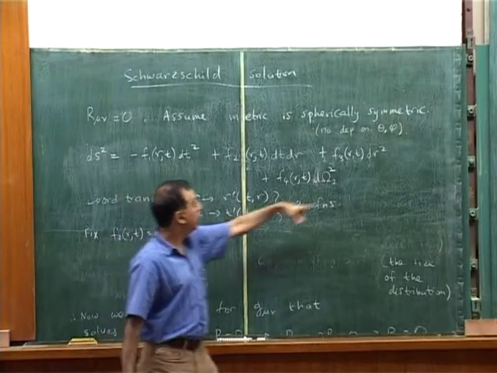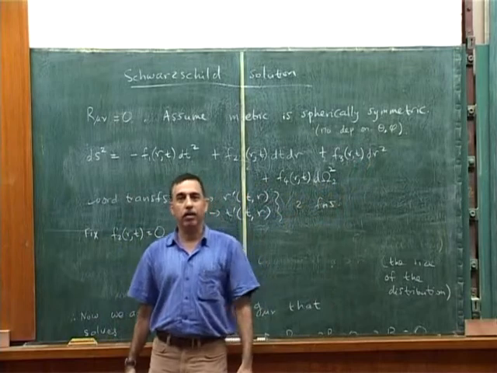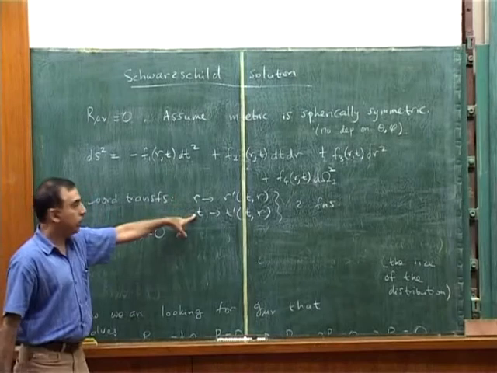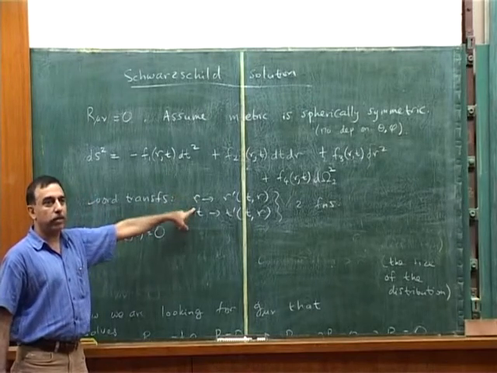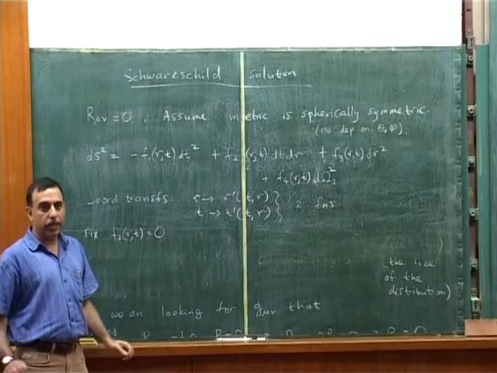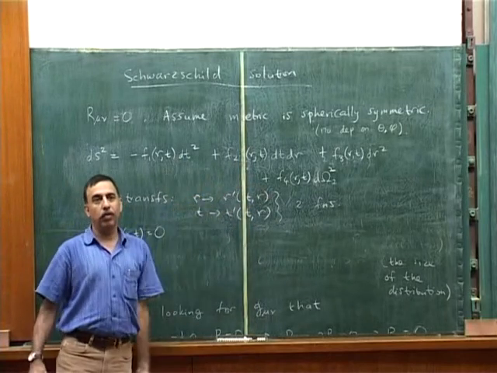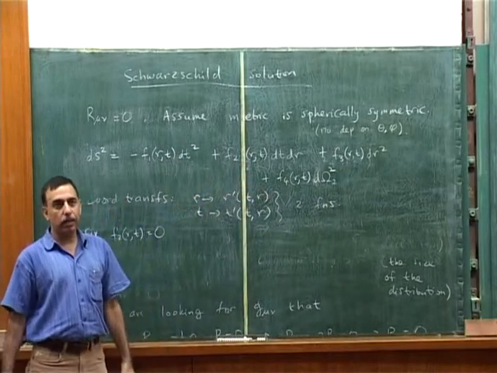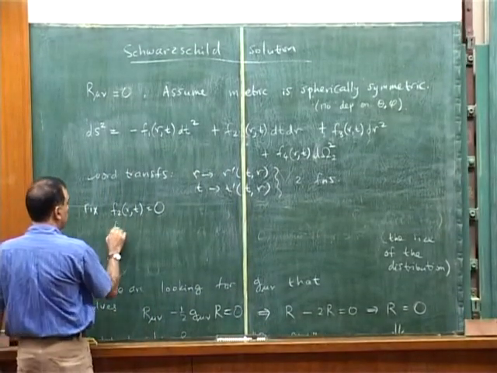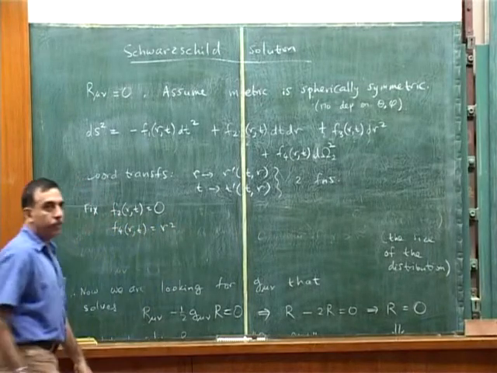It will have dt squared, dr squared, d theta squared and d phi squared, and no cross term between any pair of coordinates. So I didn't get the argument. How do you... We have two functions at our disposal. So we use two functions to fix 2 out of the 4 arbitrary functions in the metric. We change coordinates like this to set any 2 out of these 4 functions to anything we like, which is reasonable. And what we are going to do is set f2 to 0, and we still have one more freedom. We'll use that to set f4 of r and t to r squared.